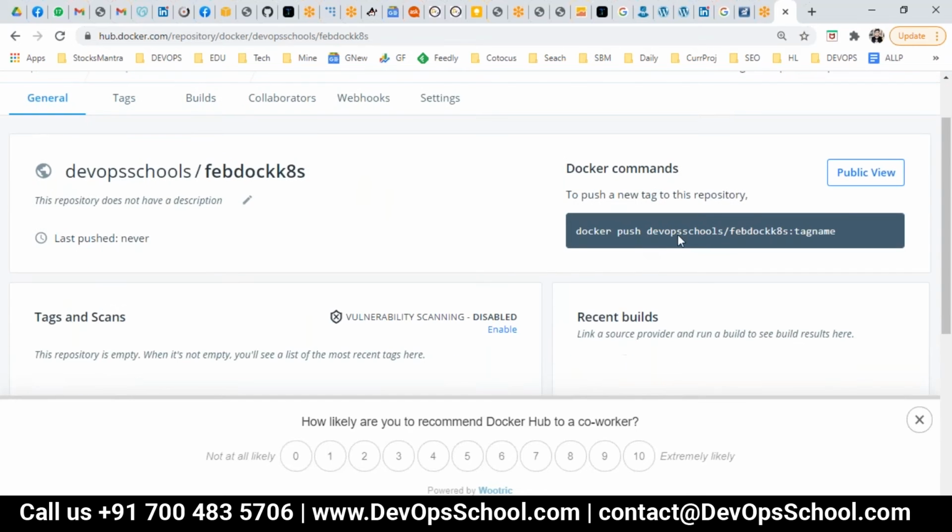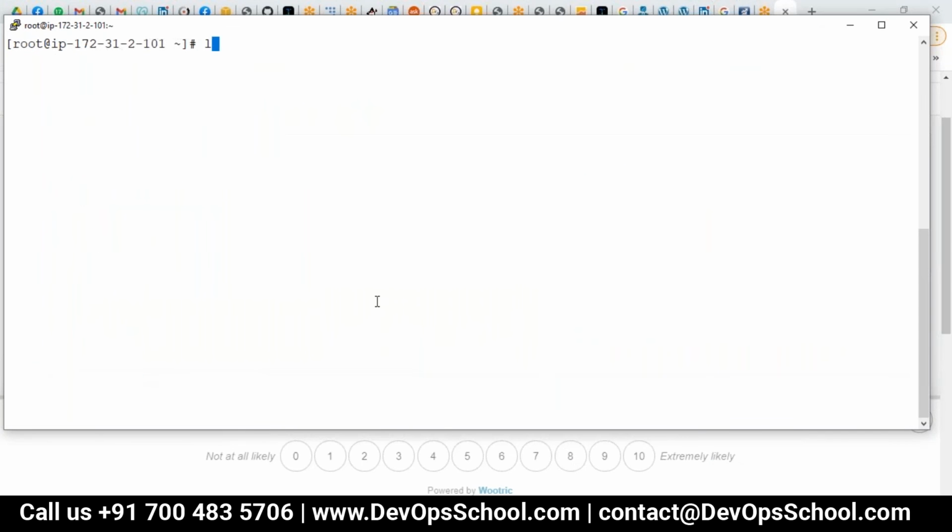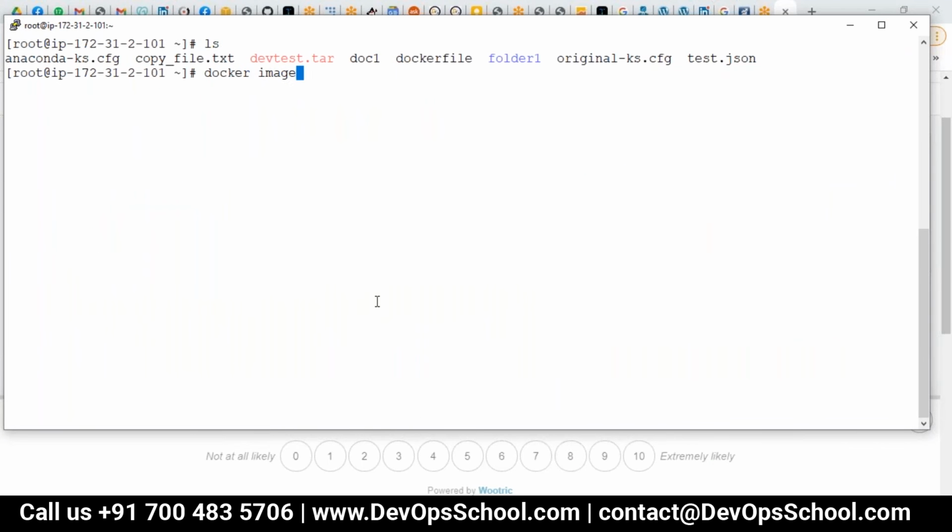You see, this is the private view, the one which I'm showing you. If you want to see the public view, meaning what anyone can see, you can click on it. So what is my repo name? You see that this is my repo name. So is it matching with the image you want to send? Let's check it out.